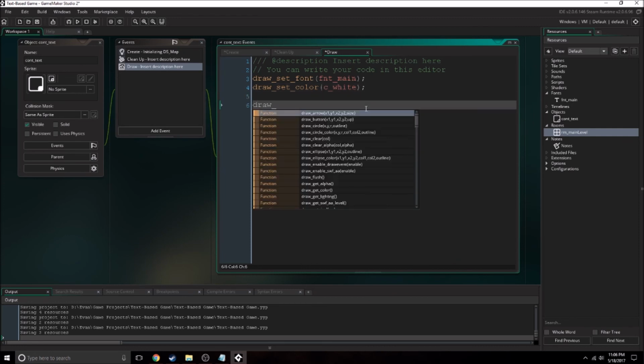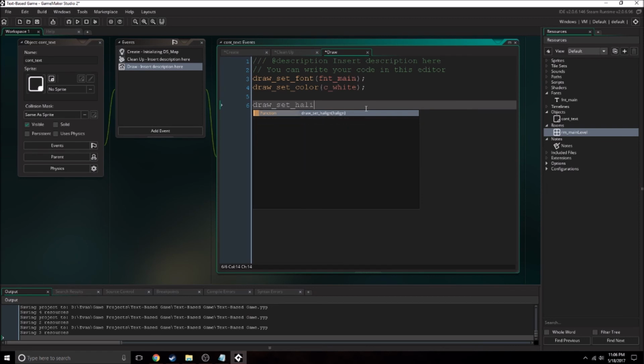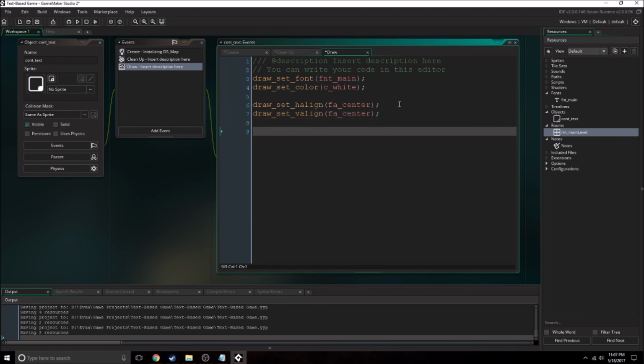And so we're going to want to align our text. And h-align is horizontal alignment for our text. We want our text to be centered towards the middle of the screen, for now at least. So to do this, we'll do fa_center. Now we could also just do fa_left or fa_right, but basically it sets the text up. And then we'll just do the same thing for this. And now we should be ready to actually